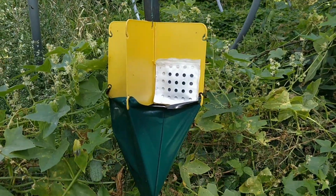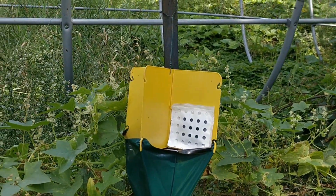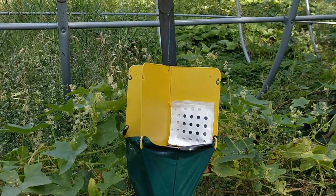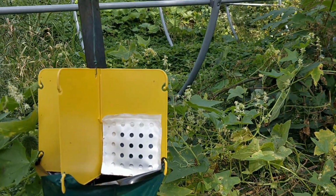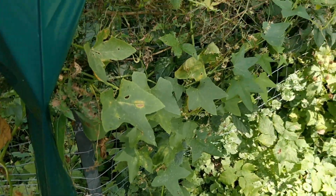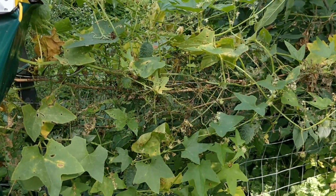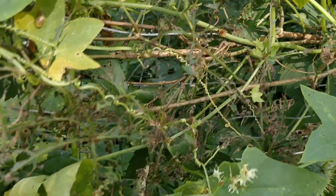So here's this trap. Oh, we've got a Japanese beetle that might decide to get trapped as we speak. No? Okay, that's cool. So I guess the idea is that they go in here and they end up trapped down here and die out. It's pretty hefty right now, but let's take a look at why we decided that we should do something about this. If I get in on this area,